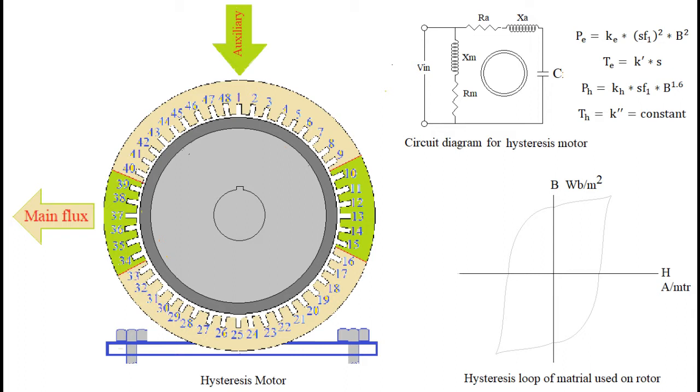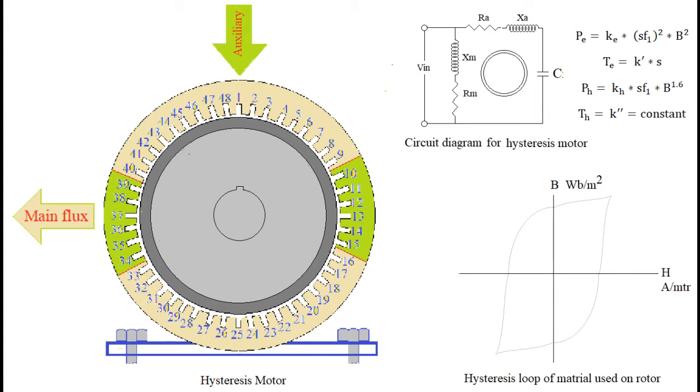In comparison with earlier motors, this motor doesn't have a centrifugal switch. When the single phase supply is connected to the parallel combination of windings, current is drawn by both paths of the circuit. This auxiliary winding path has a capacitor connected in it. Current leads the voltage by some angle. The capacitor is chosen in such a way that the two current phasors will be in phase quadrature with each other.